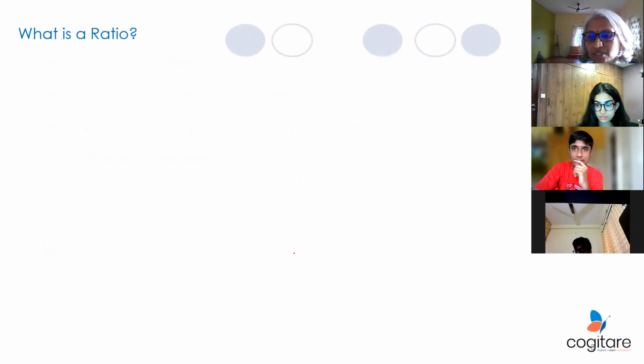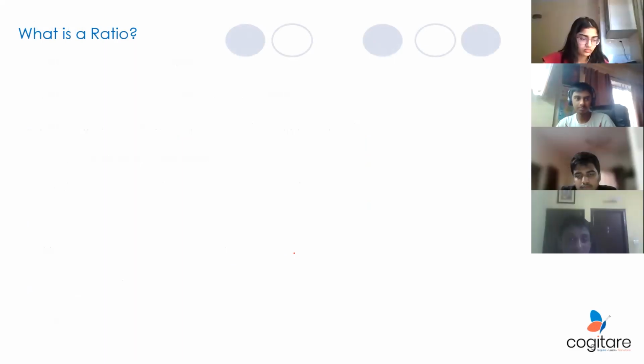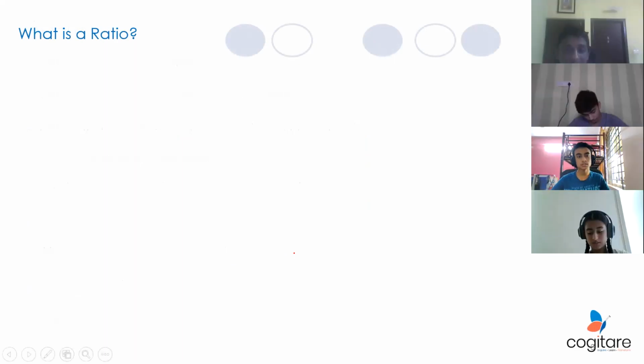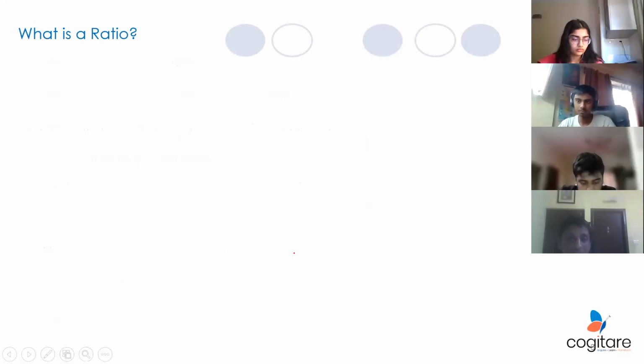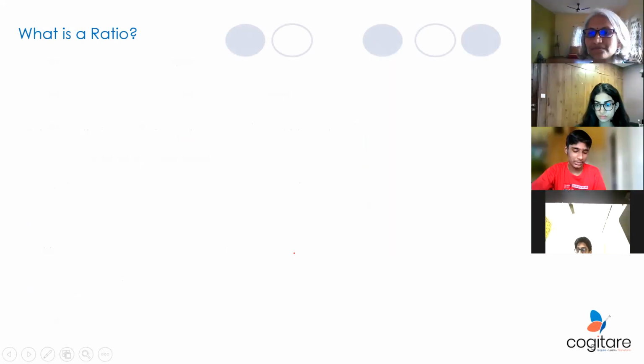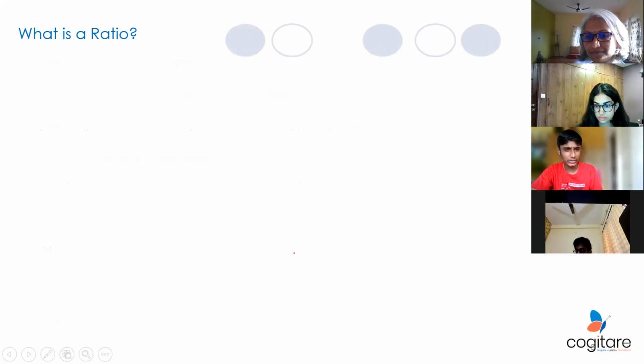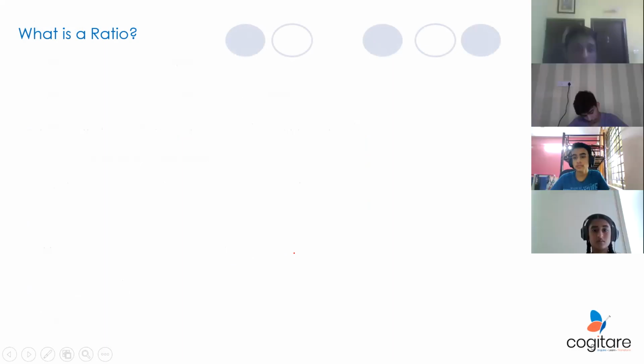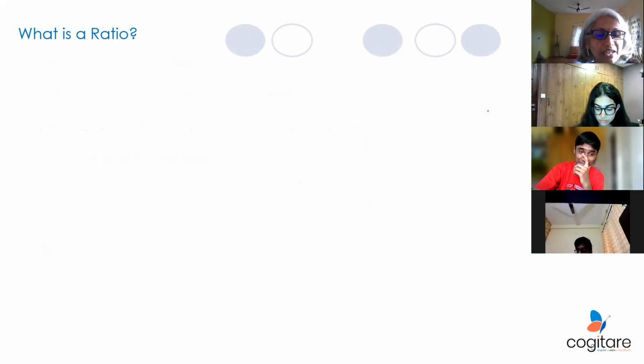What's a ratio? Last class we learned. Ratio is mostly comparing two quantities, and it does not have any unit. That's it. Fantastic. See, Abhishek took my feedback so seriously. He is jumping the gun every time. I like it. In my classes, I want to see people fighting to respond. That is healthy. That's when the overall quality of the class improves.